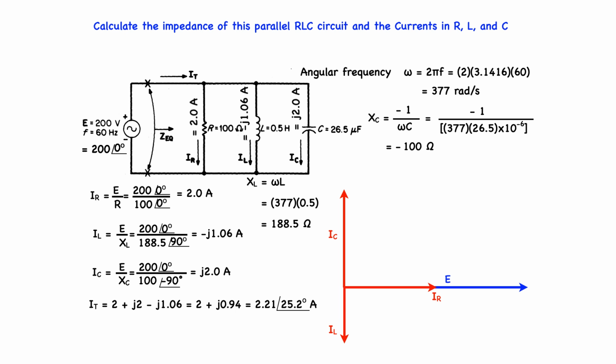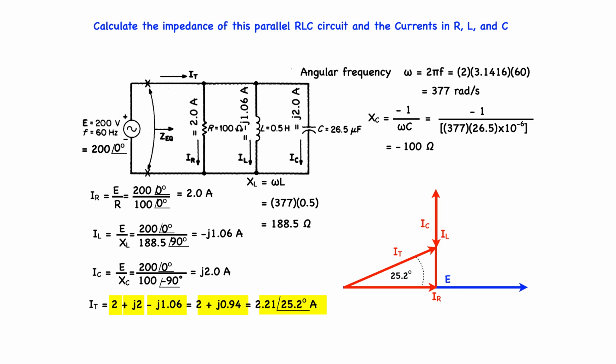Adding the vectors, we start with the current IR, which is 2 amps, and add it to the current in the capacitor, which is IC, 2 at plus 90 degrees, and add it to the current in the inductor, which is IL, 1.06 at minus 90 degrees. So summing the phasors, or vectors, we get IT is equal to 2 plus j0.94, or 2.21 at 25.2 degree amps. The impedance is